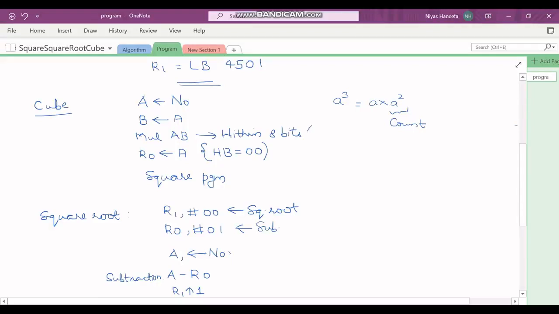So 8 bits means after the multiplication, you will have the higher byte in B, and the lower byte of the result is going to be in A. Since the result is within 8 bits, B is going to be 0 in our case. So we load that lower byte to R0 which corresponds to our count, then the square program is repeated. So you will get cube.